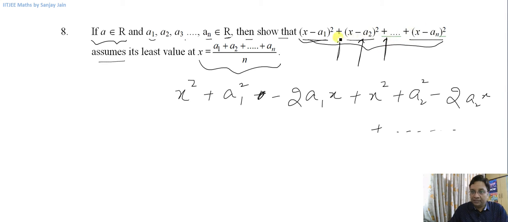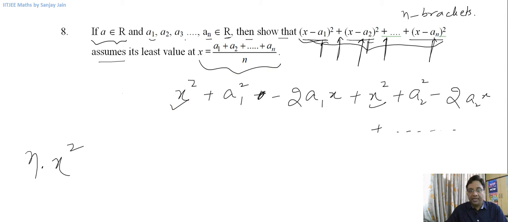How many brackets are these? This is a1, this is a2 up to an. So there are n such brackets. So how many x squares will I have? I'll have n x squares, right? And what about x? I'll have coefficient of x as negative 2a1, then negative 2a2, and so on up to